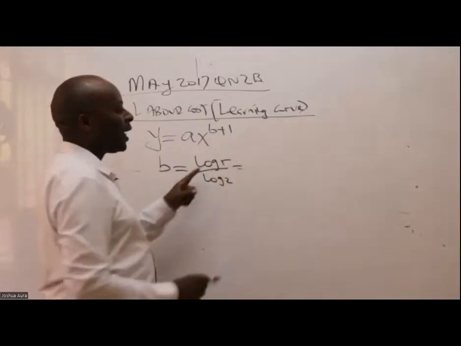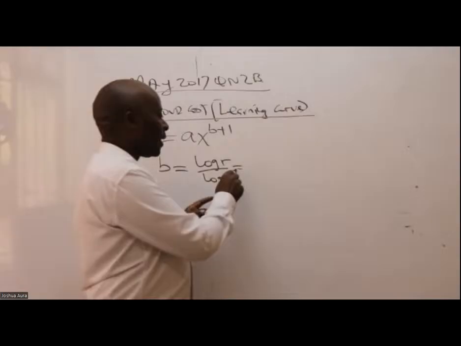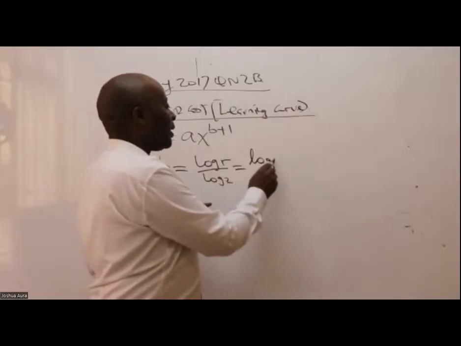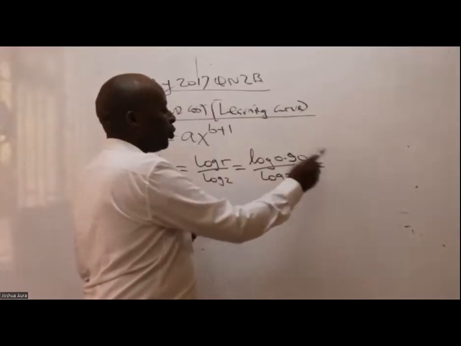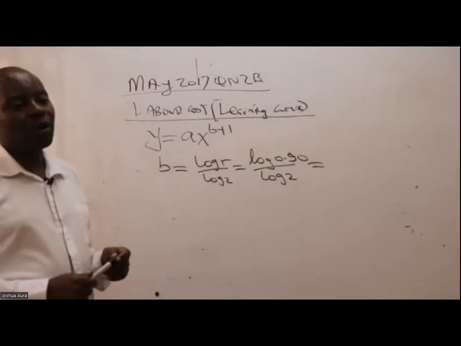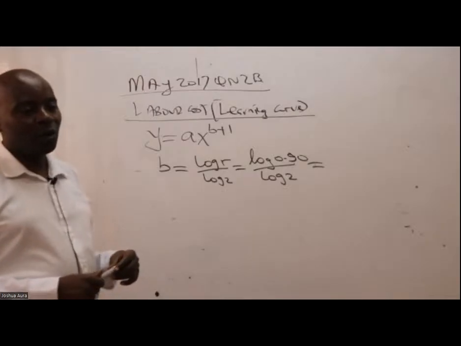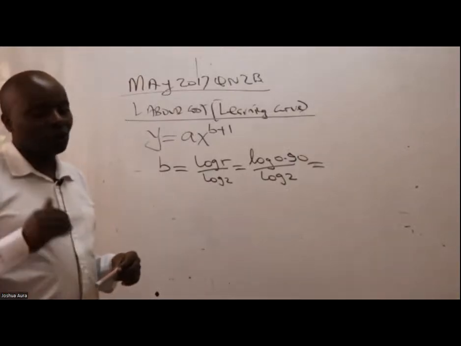So have they given us the learning rate? Yes, it is 90%. 90% over log what here? Over log 2. So it is log 0.9 divided by log 2. This examiner was a good examiner. He gave me this thing automatically.